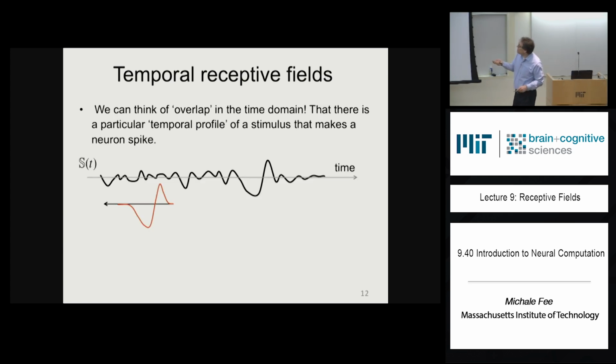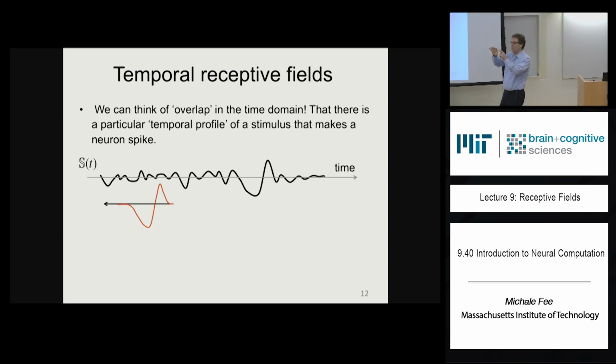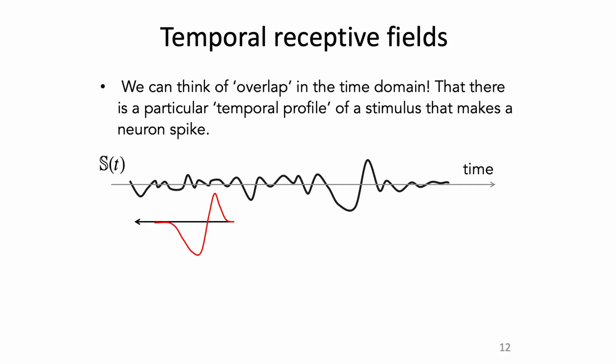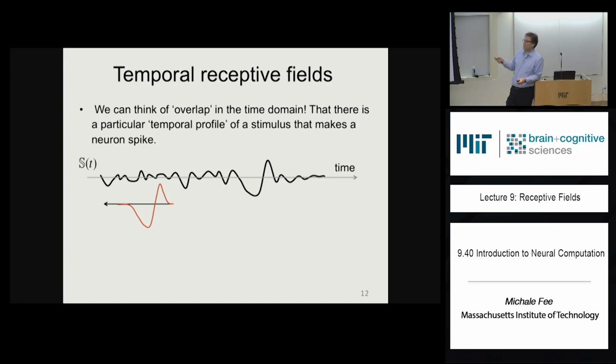So let's say that you have a stimulus that's fluctuating in time. So imagine that you have a neuron that has a spatial receptive field that's just a blob, just a positive bump, and you shine light on it, and the intensity of that light varies. Okay? And this is the intensity that you apply to that spatial receptive field as a function of time. And again, 0 is some kind of average gray level. And so you can go dark, or bright around that. Okay? So now,